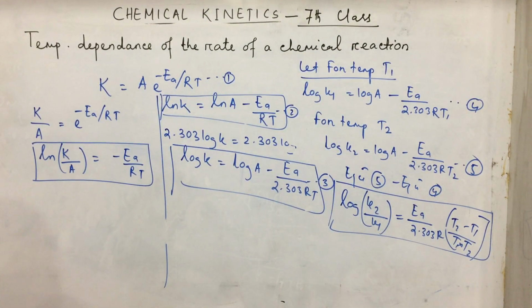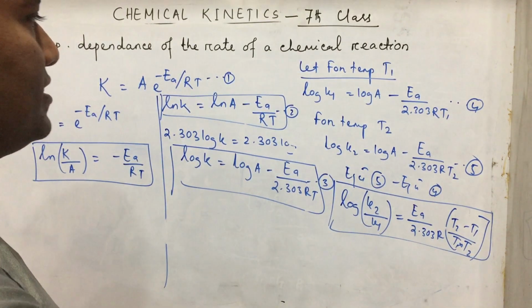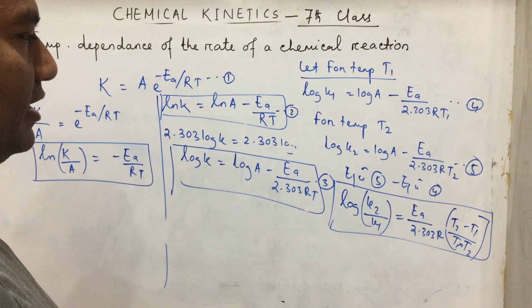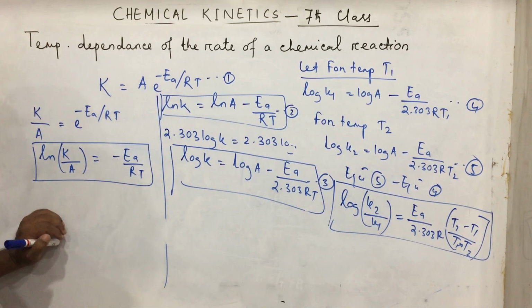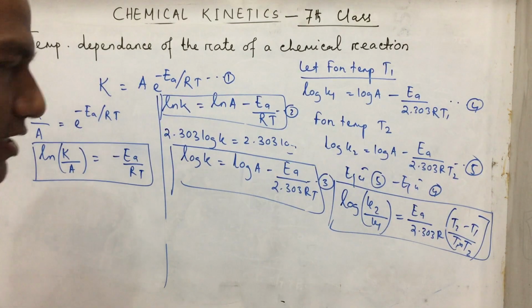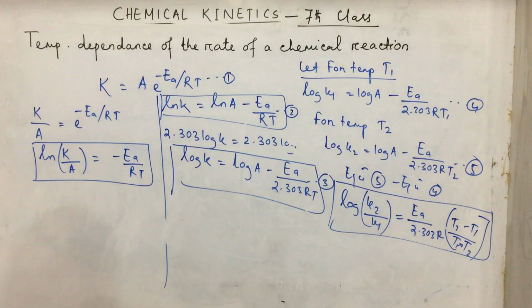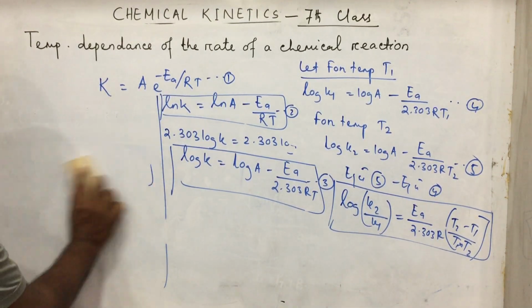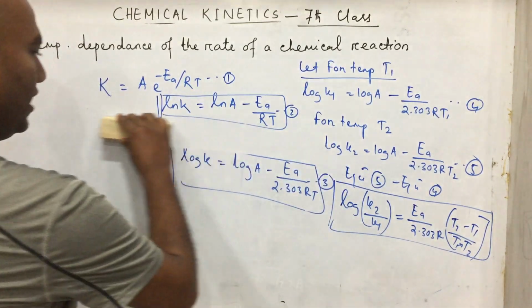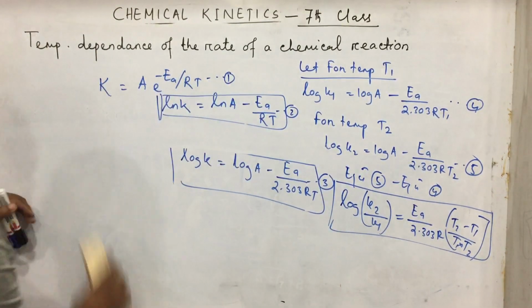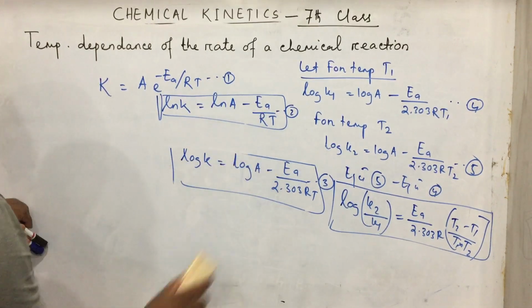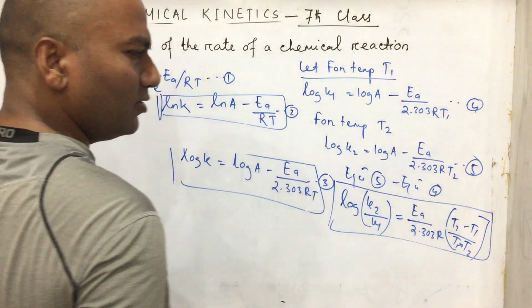Clear? So this is called the temperature dependence of the rate of a chemical reaction, which is known as the Arrhenius equation. So this is theoretical and mathematical. Then how can we explain it graphically? Same thing, we'll explain with a graph. So you see, first suppose this is equation 1, equation 2, equation 3. So three equations we will draw. Okay, equation 1, equation 2 and equation 3. Equation 1 is actually not given in our book, 2 and 3 are given, but we'll read 1, 2, 3.